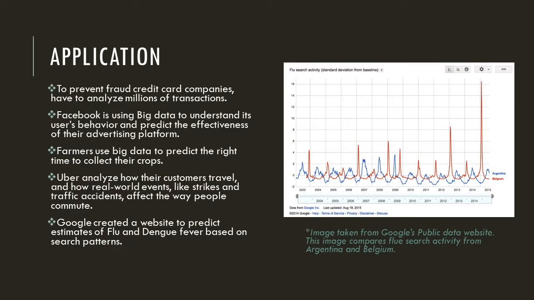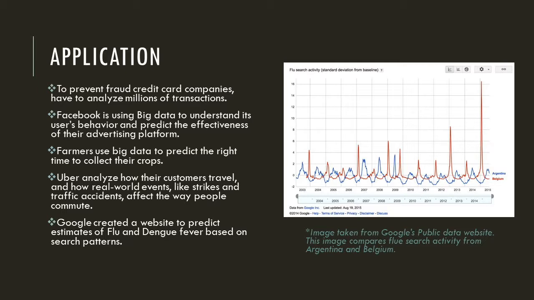Since the concept of big data is quite abstract, I think the best option to understand it better is to check some of the applications it has. So for example, it can help prevent fraud when credit card companies analyze the transactions. Also, companies like Facebook are using big data to understand the users' behavior and plan the advertising based on that. Farmers use big data to predict the right time to collect their crops,